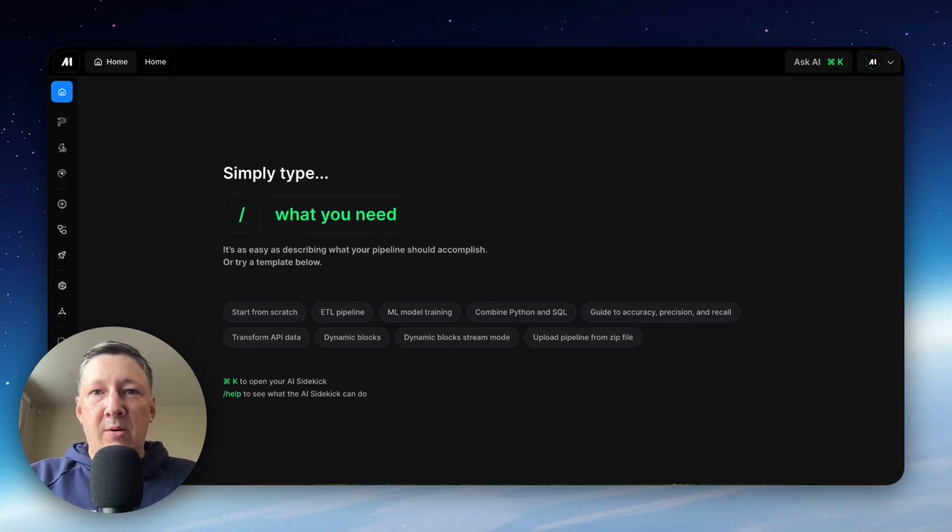So, what if your data warehouse knew about every database change the instant it happened? Not in an hour, not in 5 minutes, right now. Hey everyone, I'm Cole, a developer advocate at Mage, and today we're going to fix this problem with our new